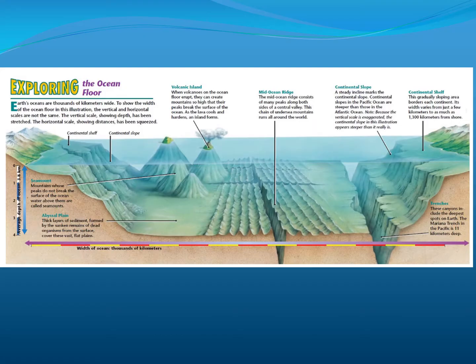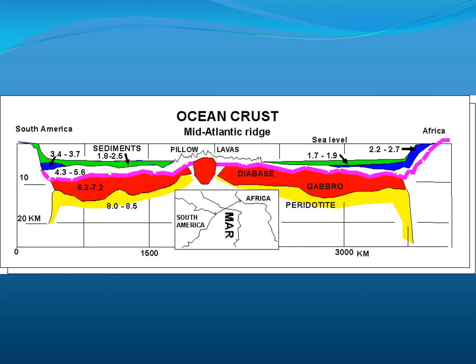And we'll look at the structure of the ocean floor, the ocean basin, from the continental shelf down the slope to the abyssal plains of the deep ocean, to the mid-ocean ridges where crust formed, and to subduction zones and trenches where the ocean crust is destroyed, basically. And we'll look at the geology, the rock types that make up the ocean floor, how they form, where we find them,